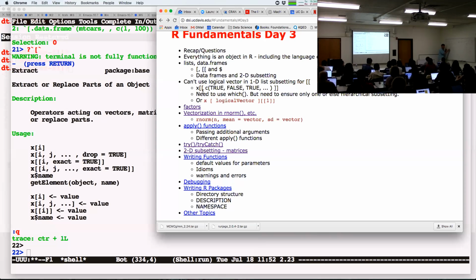So we saw cbind for combining columns. This is row binding, so it stacks them on top of each other. Unfortunately, if we take a look at rbind, it basically takes A and B, and it stacks A on top of B. So it takes this guy, and it gives me back these two. But I can't put in a whole bunch of them. Well, I can, but I don't know how to type this.